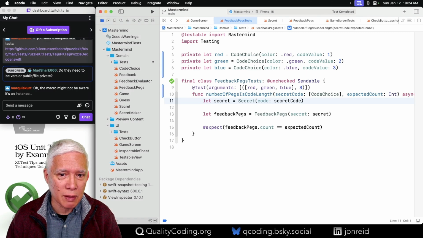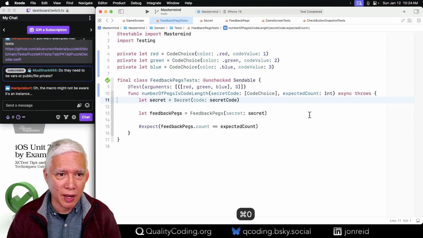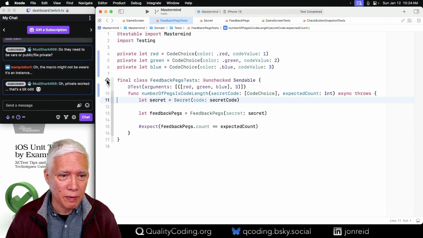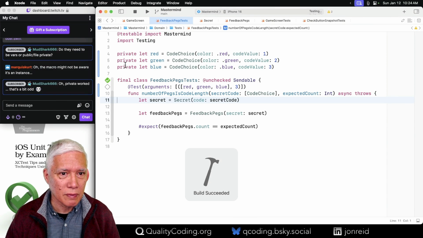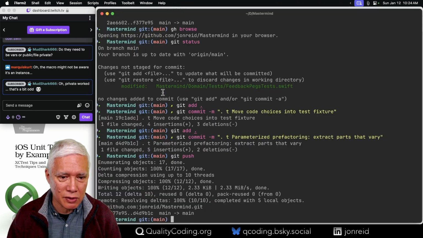And that should be a pure test refactoring that is happy. Yeah, private. I mean, it just had to get outside of the test structure, unfortunately. All right, so that is